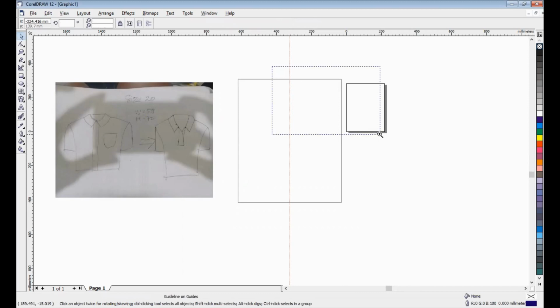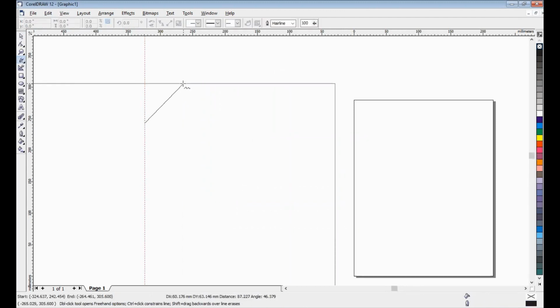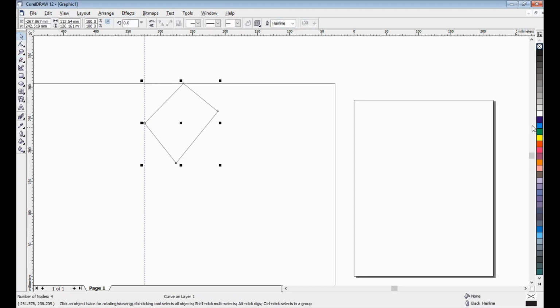Look at this one. Okay, for this one, I will start from here. Click, click, click, double click. It's an illustration that we have.